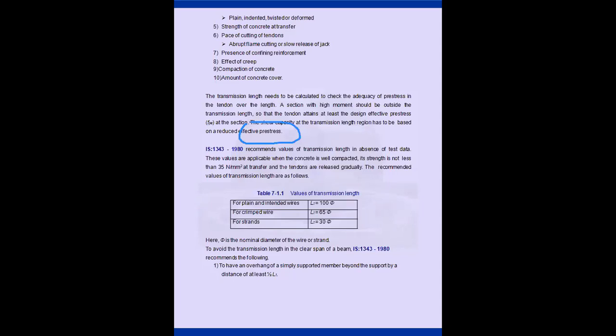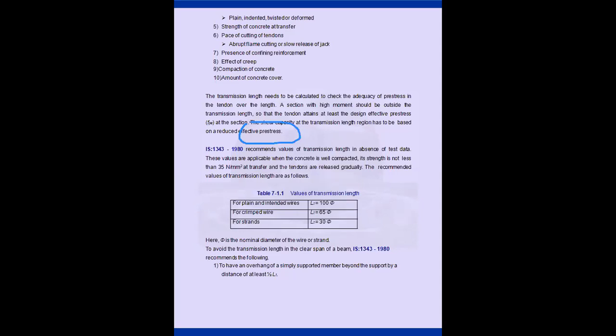So whether you are cutting with the rod, whether you are cutting with some flame, or you are going to release the jacks, they are not going to cut the strands. Initially, they are going to pull the strands, which are going to be anchored with some jacks. And then after pouring the concrete and after attaining the concrete strength, they are going to release the jacks. When the jacks are released, what happens? Strands also will get reduced in length, and your concrete will get squeezed. So they also do it like that. So the transmission length also will be influenced based on this type of cutting.